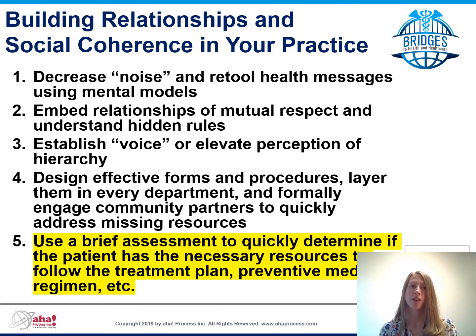This is related to the 5th bullet on this screen. Knowing how strong your patient's resources are can greatly help you partner with them to achieve their health and wellness goals. You might use insurance status as an initial indicator of resources, for instance, whether the patient has Medicaid versus commercial insurance. But following that up with a standardized social determinant of health screen can help uncover areas of strong or weak resources and help you identify needed community referrals for the patient.